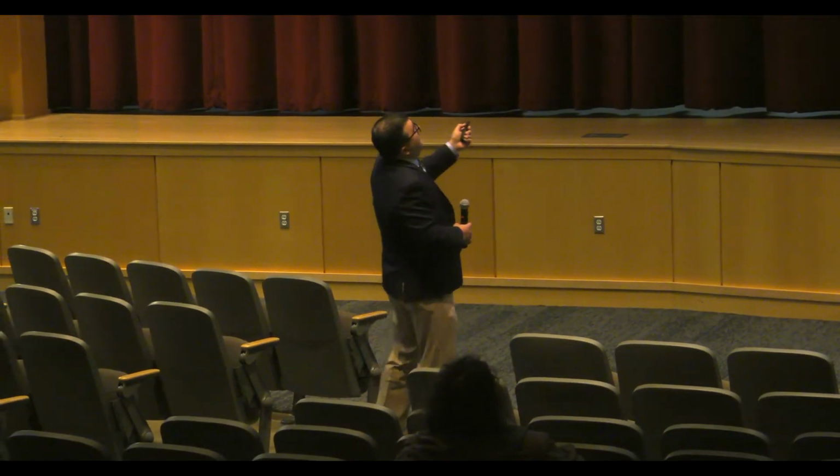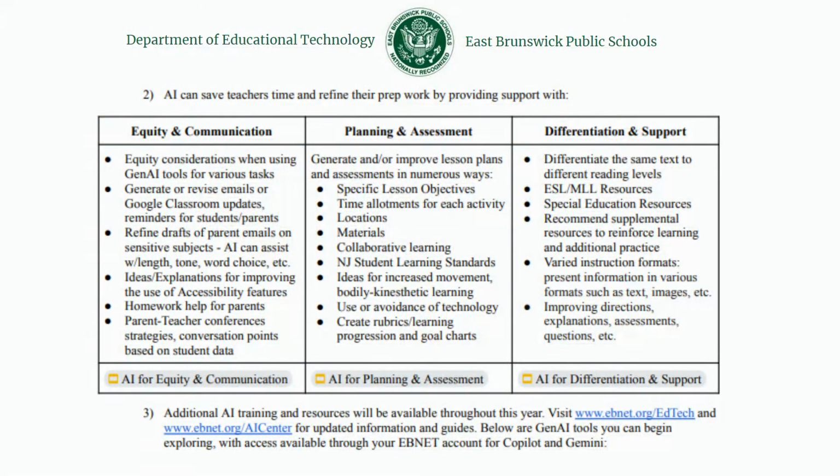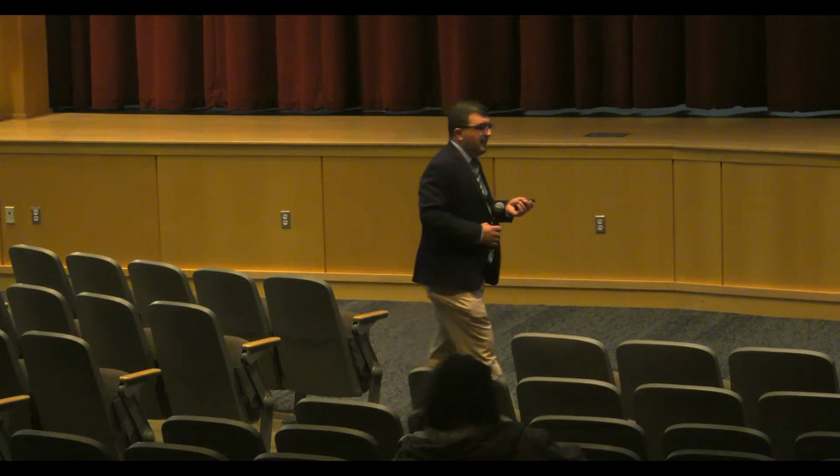We talked about equity, communication, planning and assessment, differentiation, and support. So these outline specific recommendations and ways that teachers can use it. And I just want to talk about equity for a second. Equity is extremely important, and some people might hear that and go, what does equity have to do with AI? One of the things that we found in the early versions of AI is that AI can be a